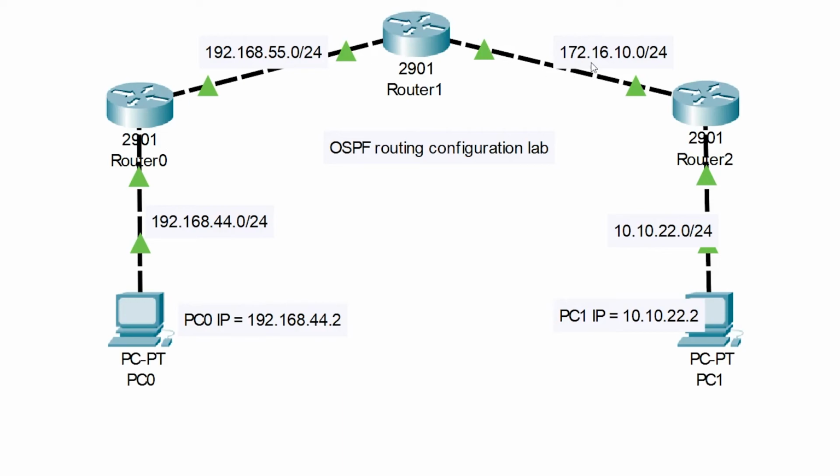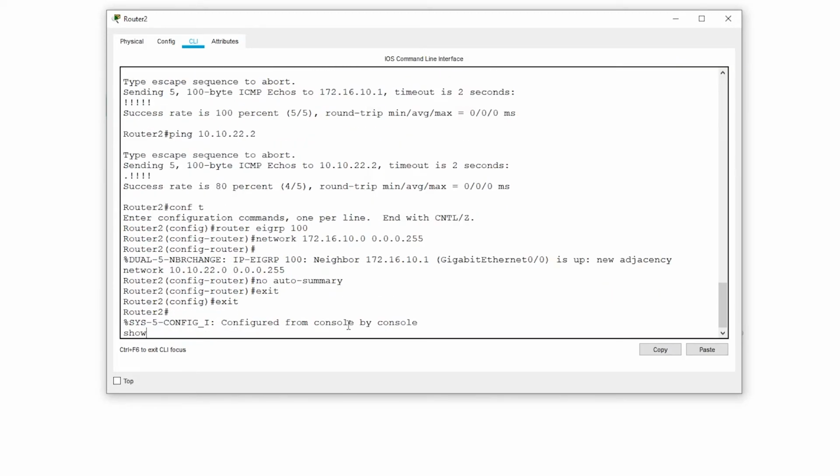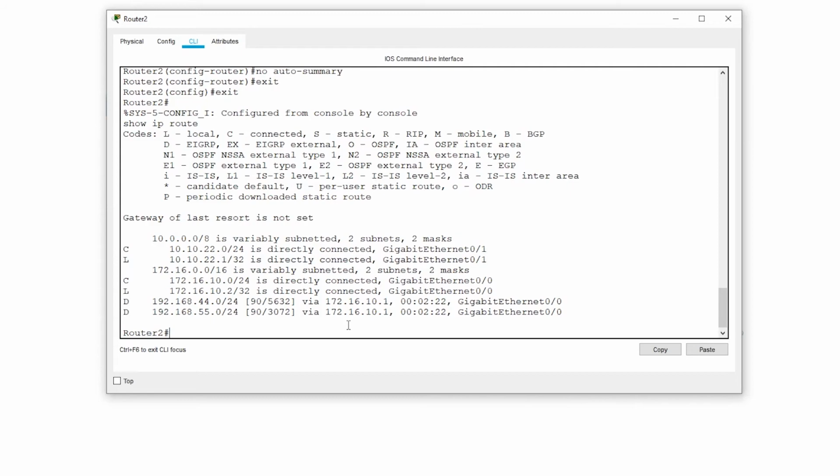So both of these subnets are accessed by going through this router. And router 2, exit, show IP route: 192.168.44.0 through 172.16.10.1, and the same with 55.0.